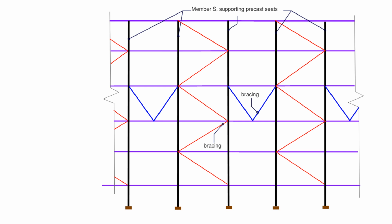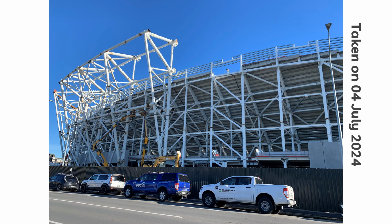You can see over here, this is the horizontal line of members. These are the horizontal line of members which are bracing that black member, and this is the braced frame going all the way down here, and there is an additional K-brace over here. Hopefully you can see what I have shown you earlier in the line diagram. So this is the member which is directly supporting the precast members, and this member has been braced for lateral loads